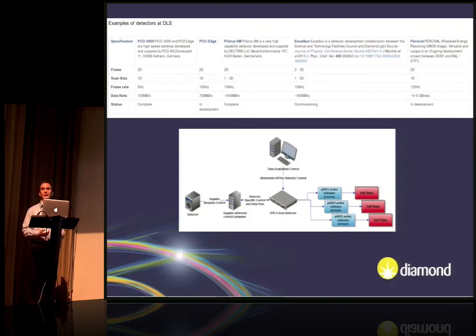The electron microscopes for us, because Diamond has never had one, are a little bit of an unknown, and all the various people in Oxford that we've spoken to say it's a lot of data. It would be 6 10 gig streams, but it gets decimated down to possibly 1 10 gig stream. This is a little bit of an unknown, though this is what we're keeping in mind for our next generation